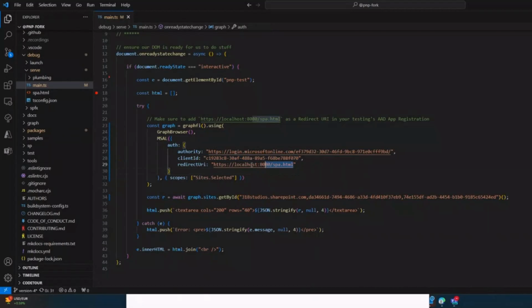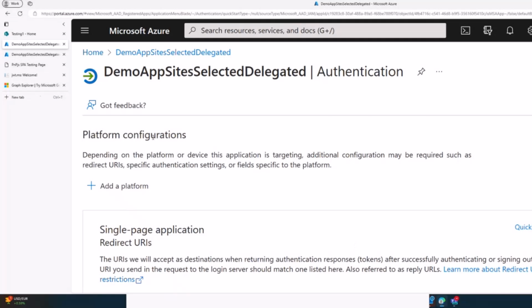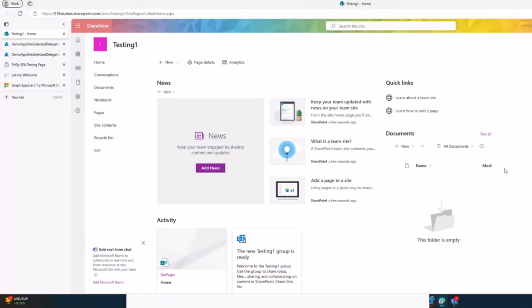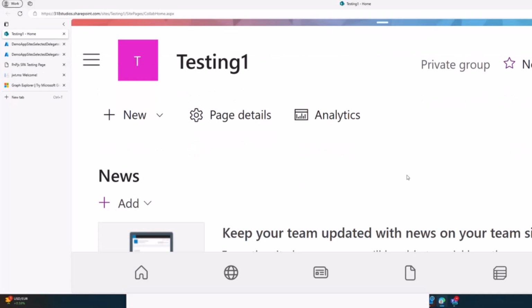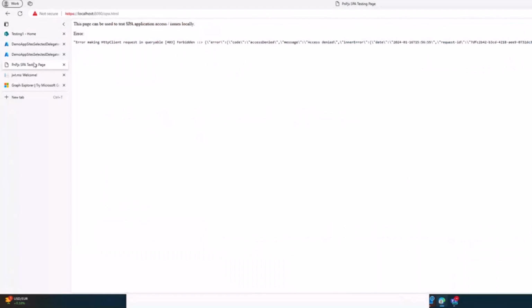We're going to use the built-in PnP.js SPA testing app, and we're going to use this as my login authority tenant there. What I'm trying to do is make a request to this site. If you trust me, and I hope you do, that URL, and let me log in, is going to this website here. So it's the site ID for this site collection. And if we go over here to the SPA,